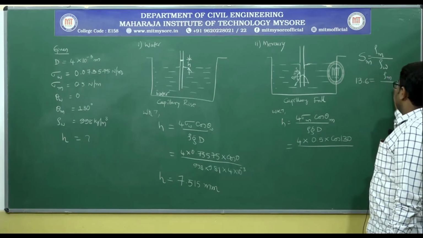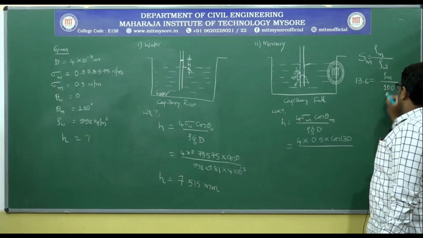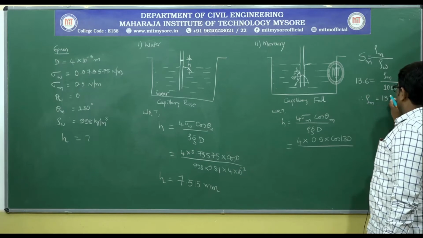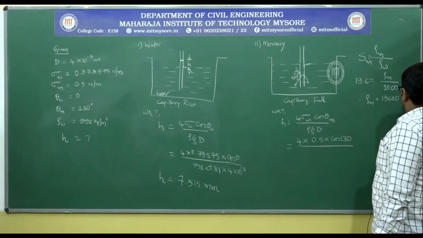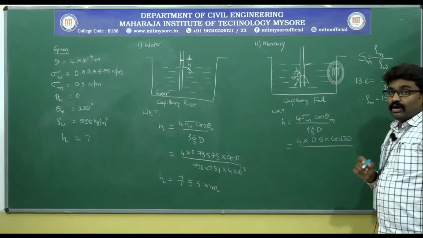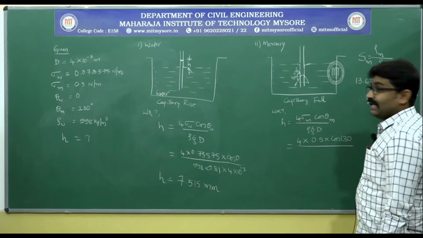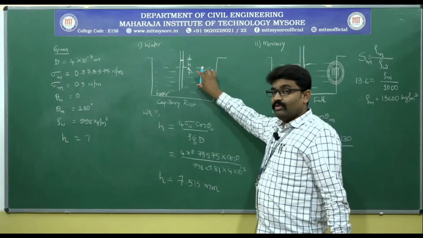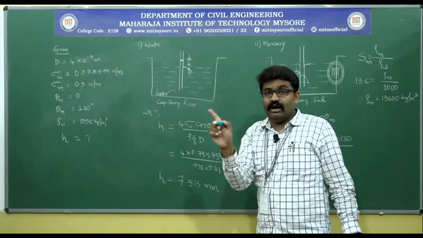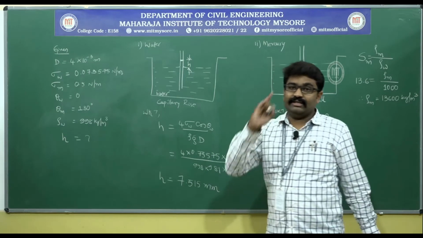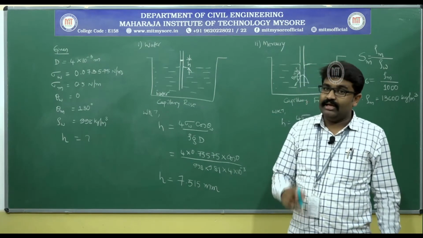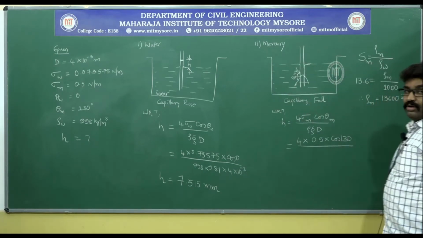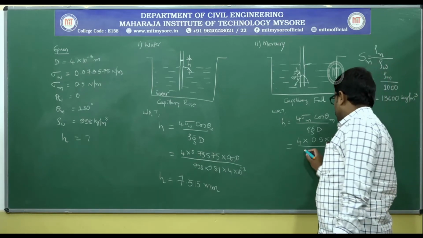So, density of mercury divided by density of standard liquid water, which is 1000, and hence density of mercury is 13,600 kg per meter cube. Do not make the mistake of taking 998 here, because 998 is only pertaining to the water you have here, that is not the density of standard liquid. When you consider the density of standard liquid, it has to be the density of water, which is equal to 1000 kg per meter cube. So, I will write here